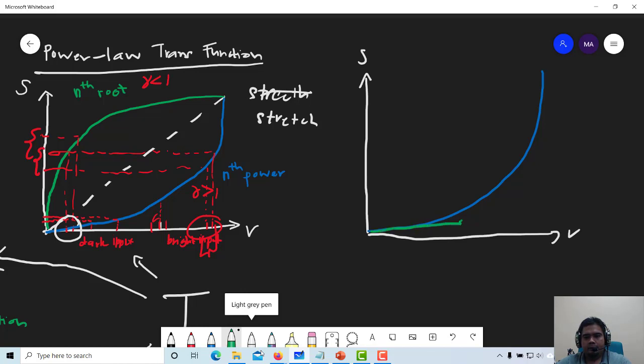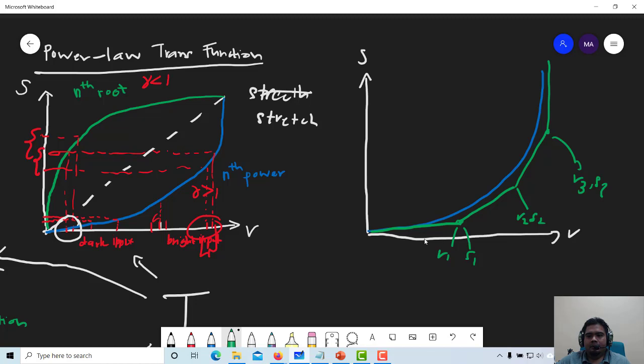Then I have another point here, another point here, and another point here. So I have 1 point over here, which is determined by my R1 and S1, which can be set later when you want to run the code. Then this one is R2 S2, and this point over here is R3 S3. By having this piecewise linear transformation function, I can have characteristics that mimic our power law transformation function in this blue line over here.